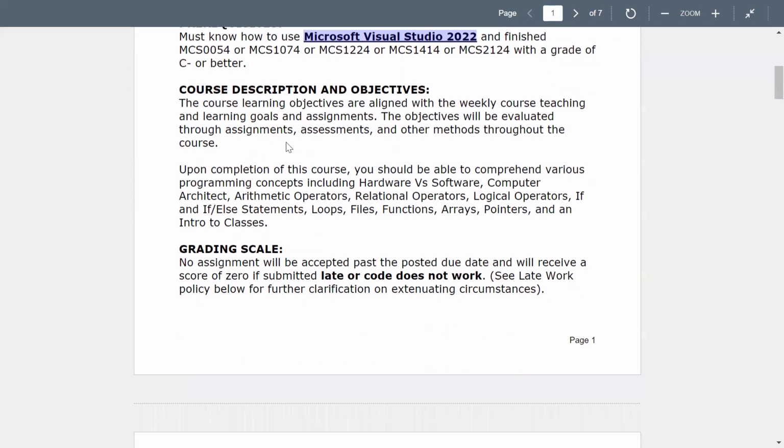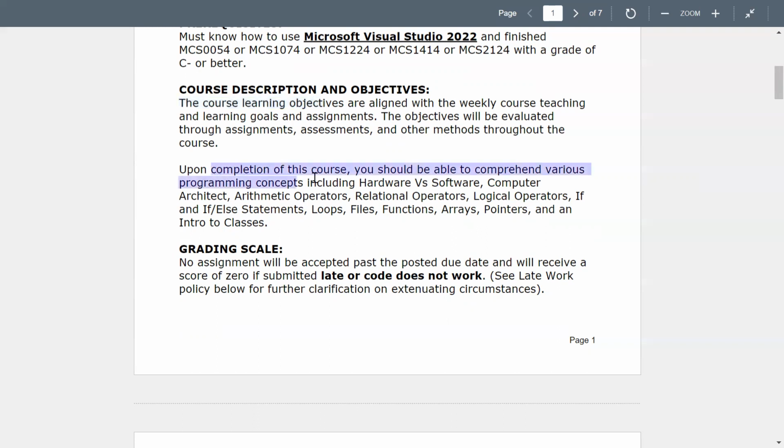Course description and objective. This course's learning objectives are to basically teach you main topics of the C++ language, from a variety of topics and methods. What's expected from you is to read the book, do the assignments, and do the quizzes. And of course, watch the lectures, meaning attending the course.